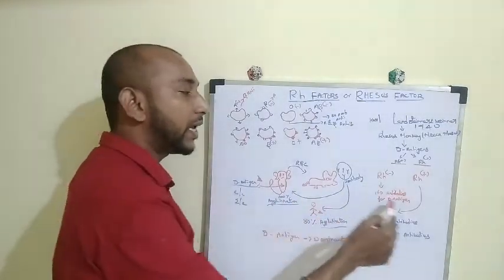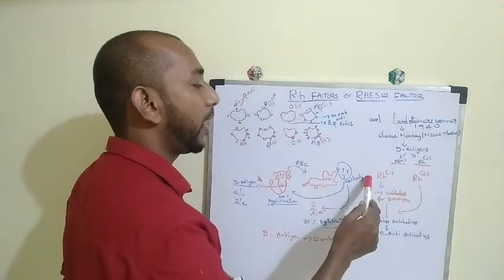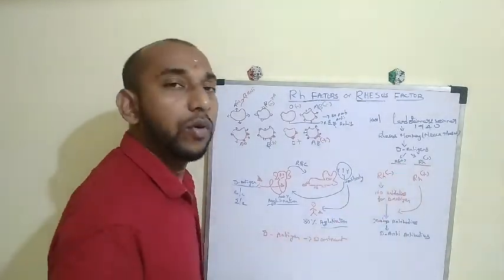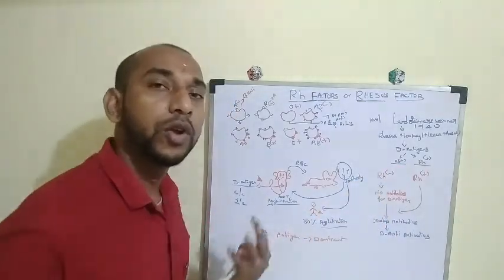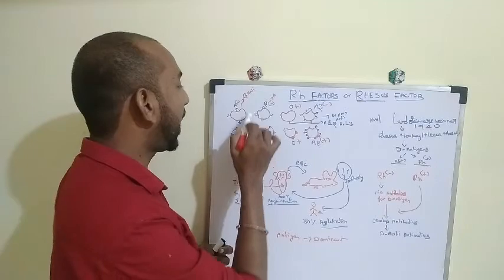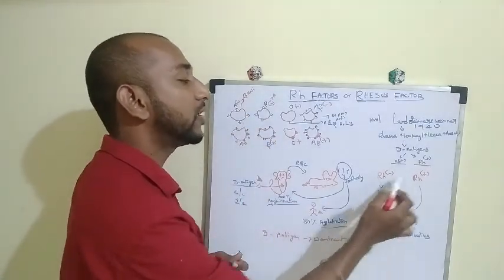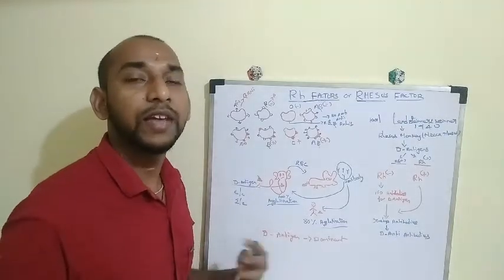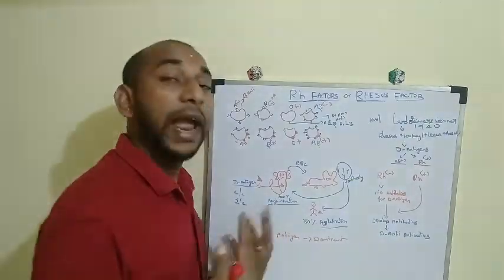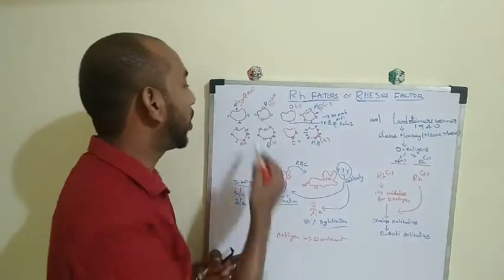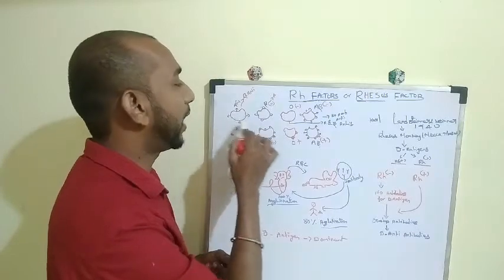So when you take a natural population, say for example we have Rh positive people and Rh negative people. Naturally, the people who are Rh negative, I mean those who do not have the D antigen on their red blood cells, will not have any antibodies for this D antigen, because they don't have to. They are simply without the D antigen.